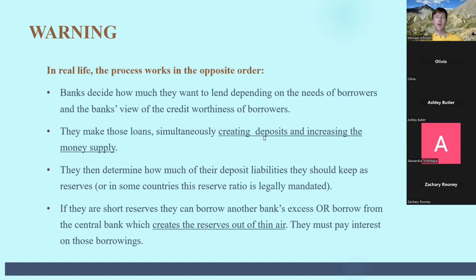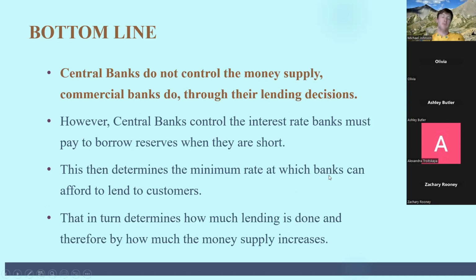So bottom line, central banks do not control the money supply, commercial banks do through their lending decisions. However, central banks control the interest rate. Banks must pay to borrow reserves when they're short. This then determines the minimum rate at which banks can afford to lend to customers. That in turn determines how much lending is done, and therefore by how much the money supply increases. So I just wanted to go into more depth about monetary policy in this lecture. I know we've covered it